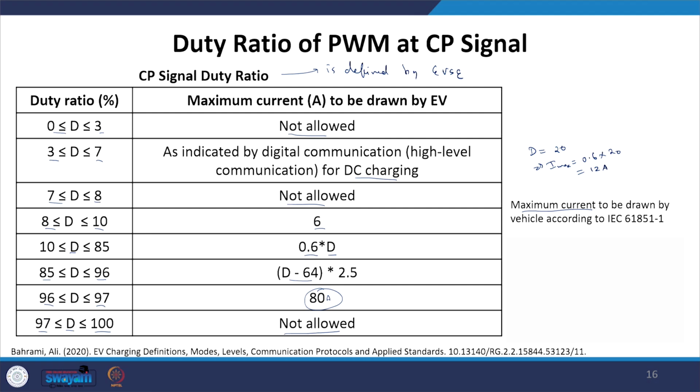This is how the EVSE tells the EV the maximum current the EV can draw at present, and it depends upon the temperature and different things inside the EVSE. Sometimes, because of variable pricing, the EVSE can change the maximum current which it can support when demanded by the BMS of the EV. So the voltage level tells whether the EV is ready, the PWM tells whether the EVSE is ready, and the duty ratio tells how much maximum current the EVSE can support.